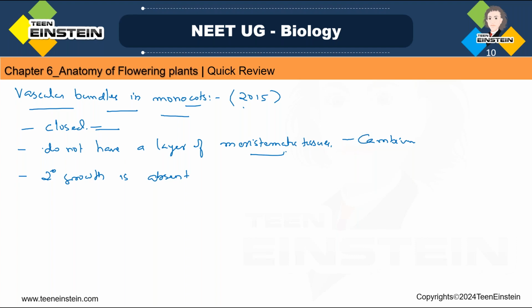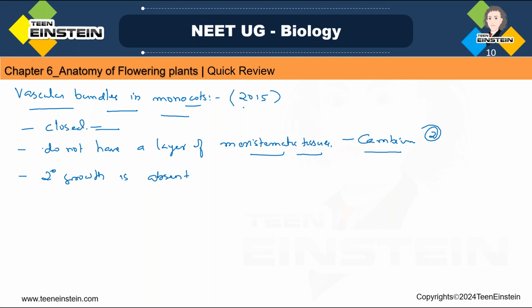It means they do not have a layer of meristematic tissues, or continuously dividing tissues, or cambium. This question came two times. And due to the absence of this cambium or meristematic tissue, secondary growth